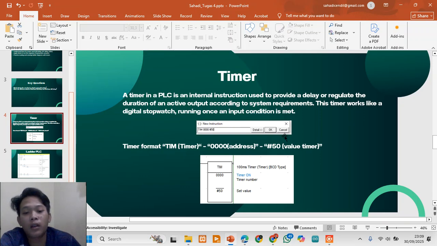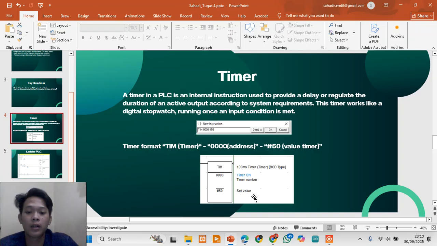That's a TON, or on delay. Or maybe you let go of a button, but the fan keeps running for 10 seconds before stopping.